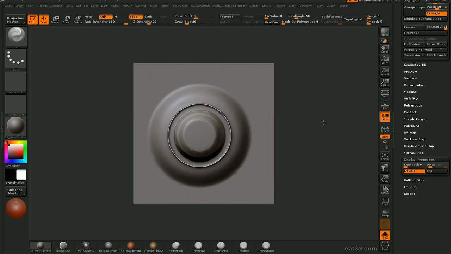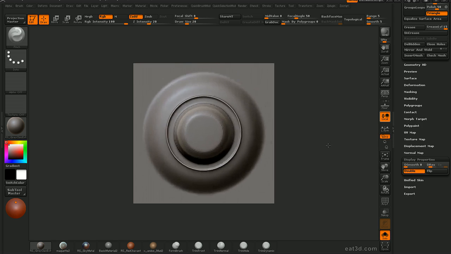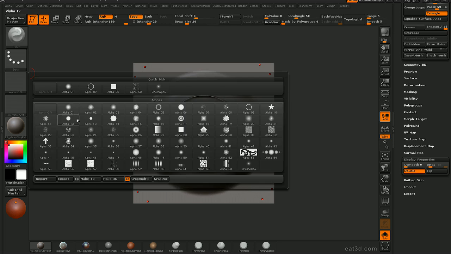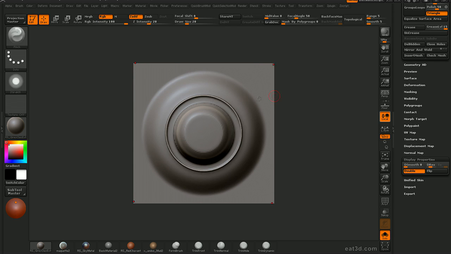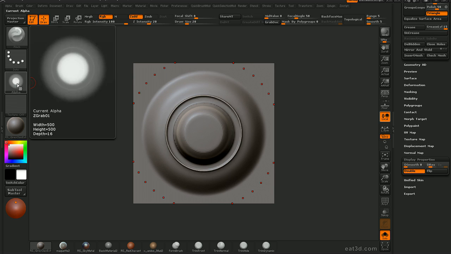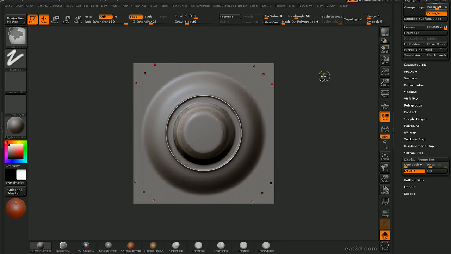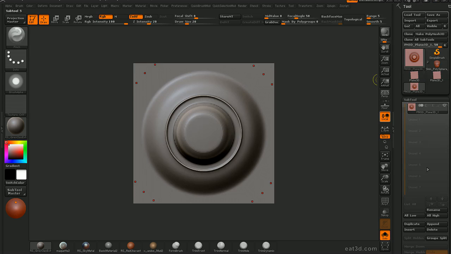We want to zoom in to about where the detail ends, so to about there. And then we go into alpha, and we click grab doc. And you see now I have an alpha right here that we will use to make our new brush. So to make the new brush, first of all, let's go ahead and come back to our sphere,